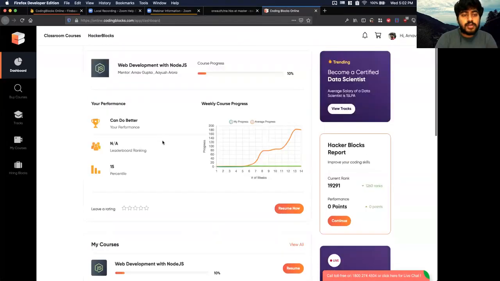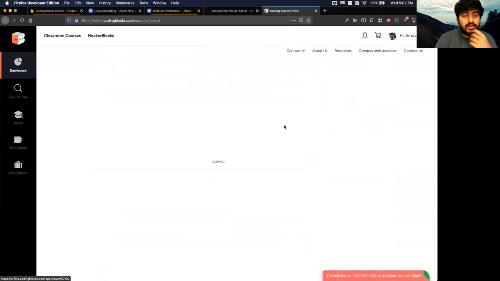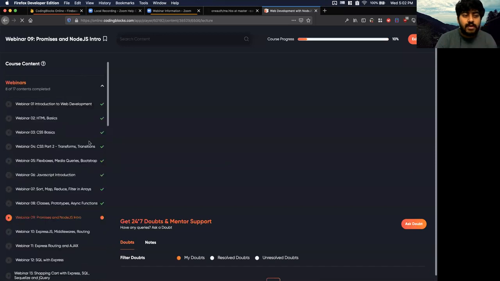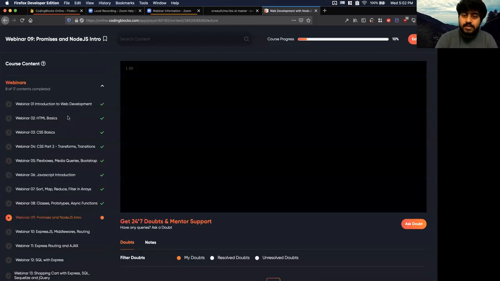The kind of things that we cover in this is HTML basics, CSS basics. We learn how to do transforms, transitions, etc. using CSS, and responsive web design. We learn how to use CSS libraries like Bootstrap, Materialize CSS. We make some front-end projects like making a to-do list, a shopping cart kind of projects, and